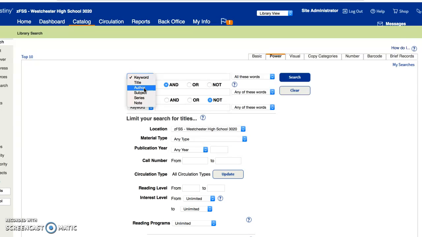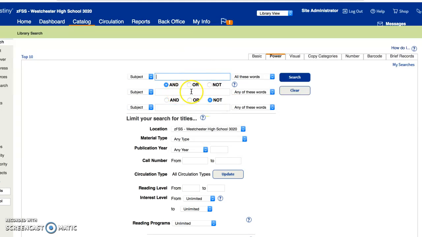This author search would just be looking for things with a particular author's name. But we're going to do subject, and that means whatever we type in here, we're going to find any book, article, movie that has to do with the subject that we're looking for. So this gets really specific here. So one thing you'll notice on here, after you see the subject line, and I'm just going to switch all mine to subject so I make sure that I'm always just looking for subject,